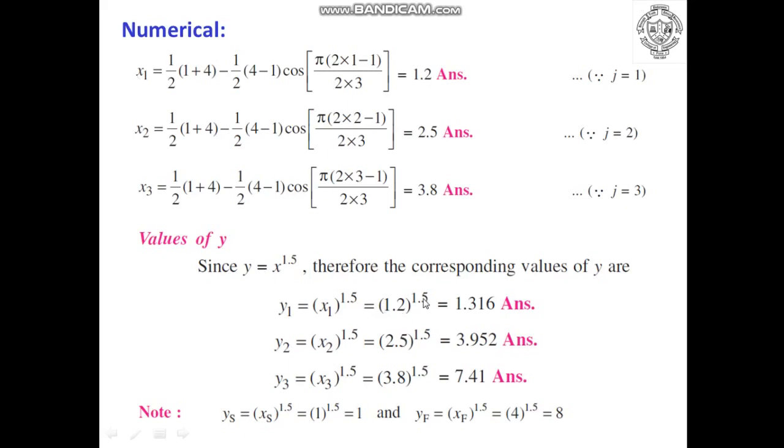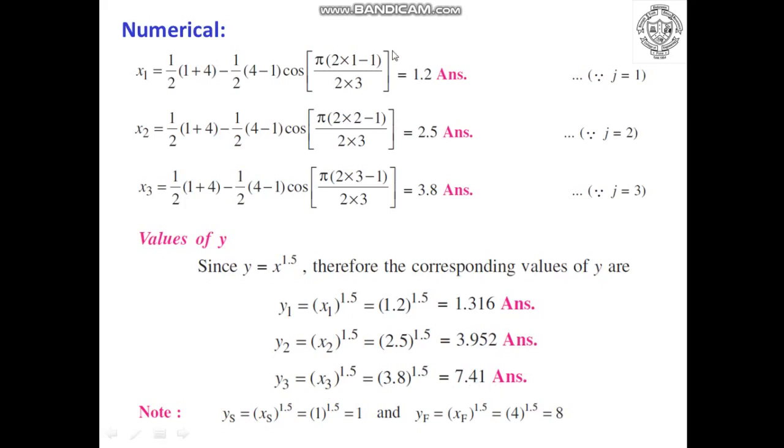So 1.2 raised to 1.5, the answer is 1.316. Similarly, to find out y2, I will consider the value of x2 as 2.5 raised to 1.5, which is equal to 3.952, and to calculate the value of y3, we should consider the value of x3, that is 3.8 raised to 1.5 which is equal to